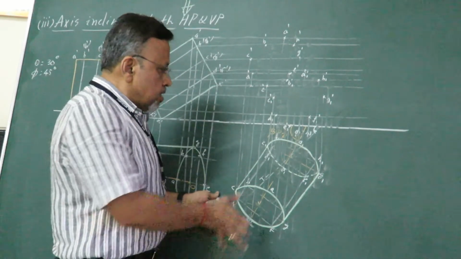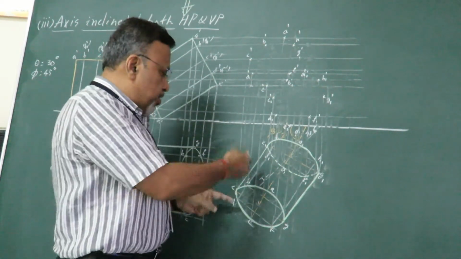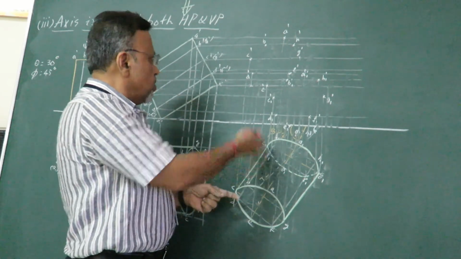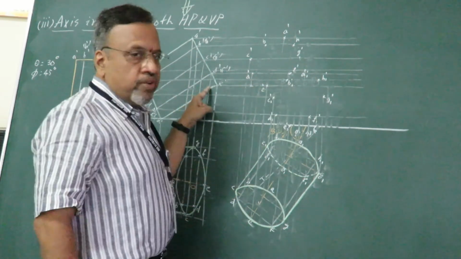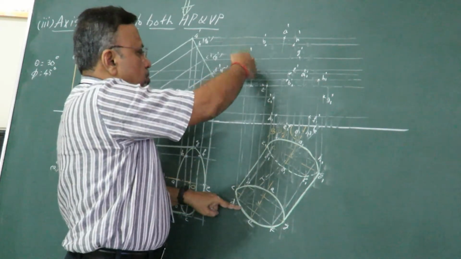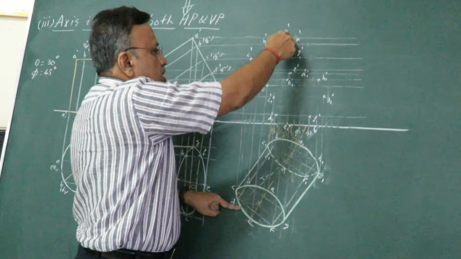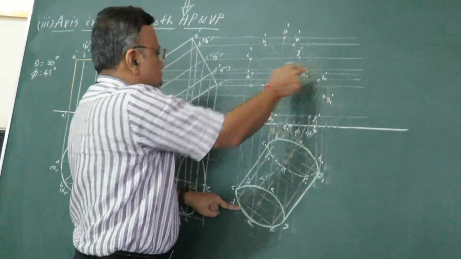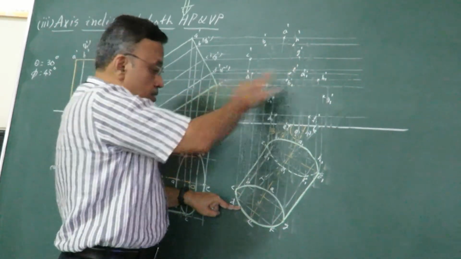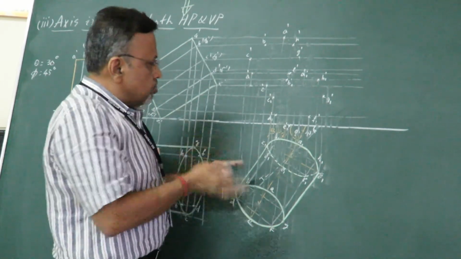Okay, as I said, I need to get the new front view. So to get the new front view, I need to draw the vertical projectors from the new top view and horizontal projectors from the previous front view. So what I did was I just drew all the projectors and marked the corresponding projector intersection points. That is, I marked A, B, C, D, E, F, G, H, then A1, B1, C1, D1, G1, H1, corresponding to each projector projecting from this particular view. Okay, so then as usual the procedure.